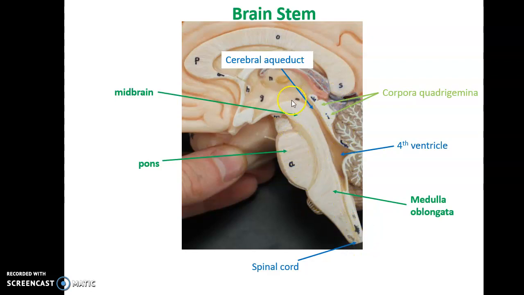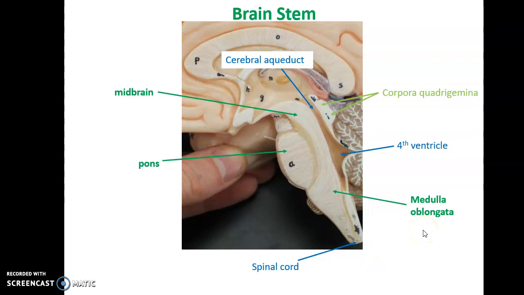The brain stem gets broken into 3 pieces. We have the midbrain, or neck of the seahorse. Midbrain includes these bumps called the corpora quadrigemina. In the middle, or belly of the seahorse, is the pons. Tail of the seahorse is the medulla oblongata. So midbrain, superior, pons, middle, medulla oblongata inferior, and then the medulla oblongata turns into the spinal cord when it